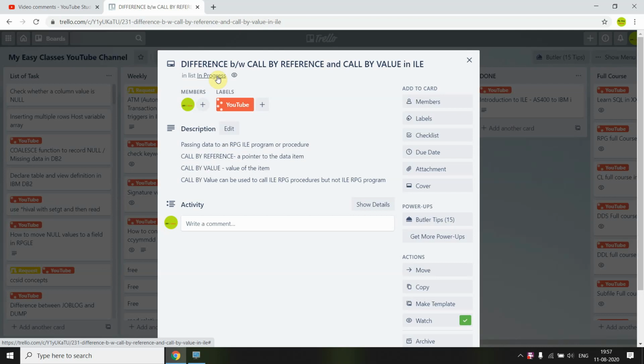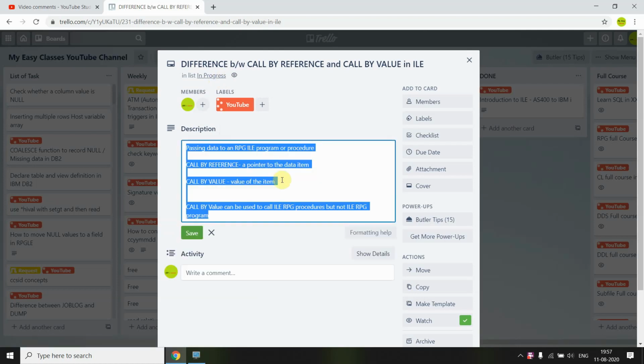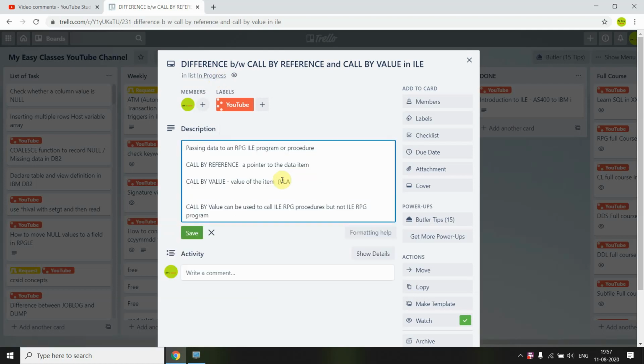If I use call by value, I have to use a reserved keyword, VALUE, when declaring the prototype. In the case of call by reference, no keyword is required. By default, if I'm passing the data, it is call by reference.